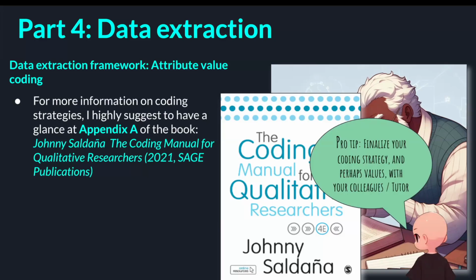And as a pro tip, at some point you will have to finalize your coding. The codes usually take a while to understand all the possible values an attribute can assume. But after that, you should try to keep it fixed. Because if you find a new attribute at the end of your research, you have to go through all papers again to see if that new code is also in those papers that you already analyzed. And this usually you do with your colleague or tutor, like, hey, I found a new attribute now. Is it really important? Yes, no, and then you'll have to redo some things or not.